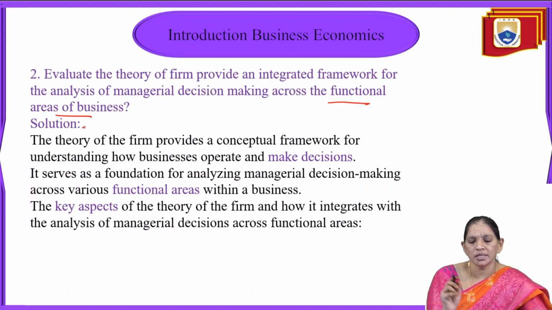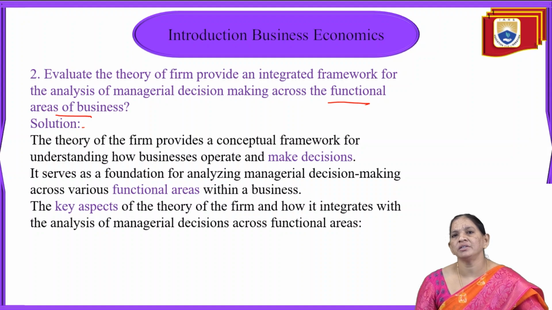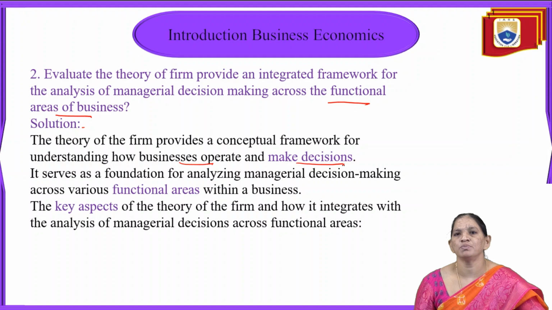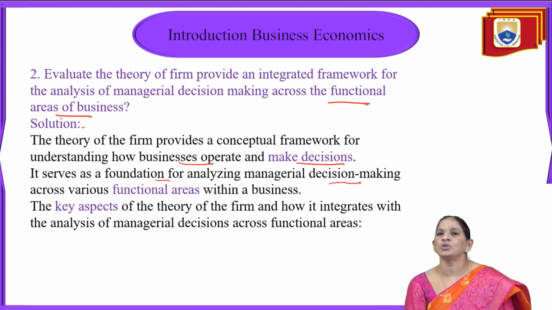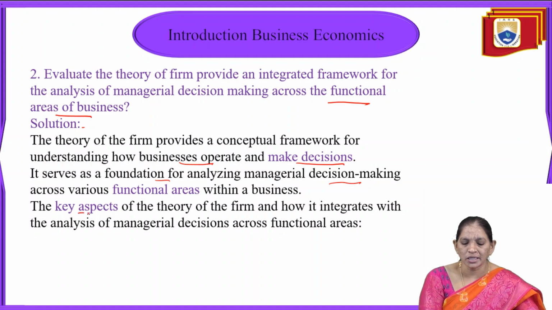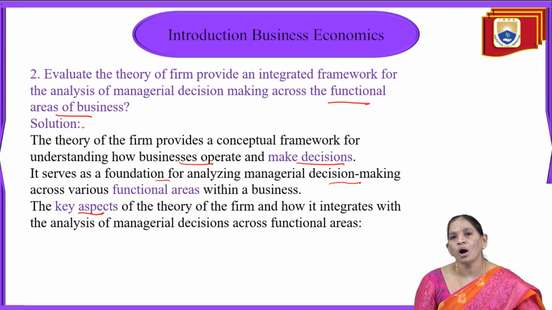So we see in the solution that the theory of the firm provides the conceptual framework to understand how business will operate and make decisions. Means the decision-making pattern will take place related to the theory of the firm, and the theory of the firm is the foundation for analyzing managerial decisions relating to the functional areas. Means across the functional areas we can analyze the theories of the firm in order to take different types of decisions. And we should consider the key aspects of the theory of the firm and how those key aspects will be